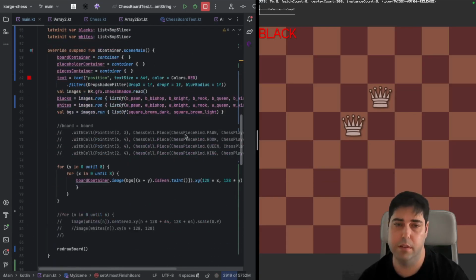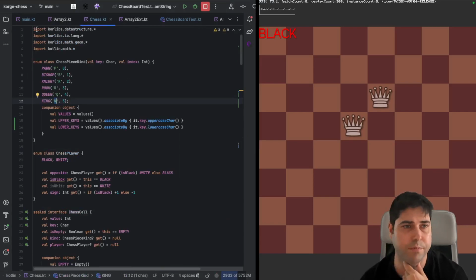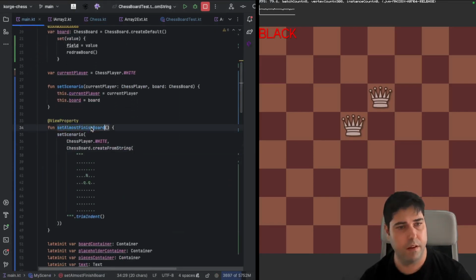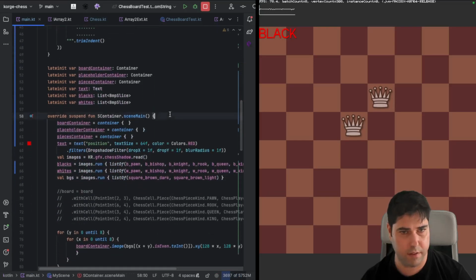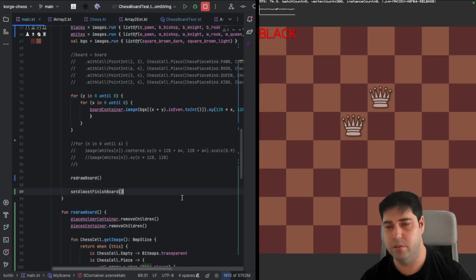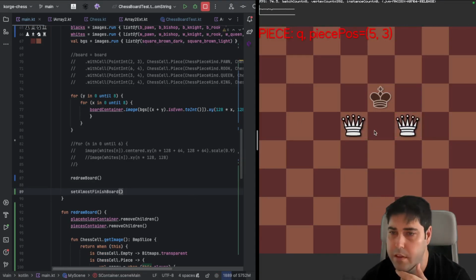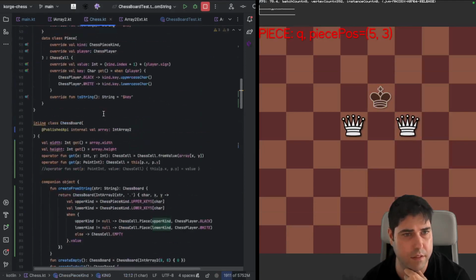So I think we should verify that as a rule. Let's also, for now, set this scenario in the beginning, so it's easier. So yeah, we have to verify here as a rule